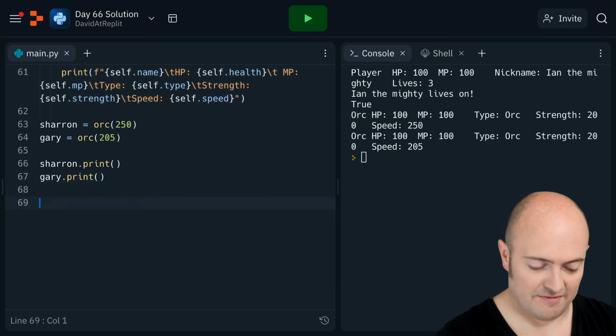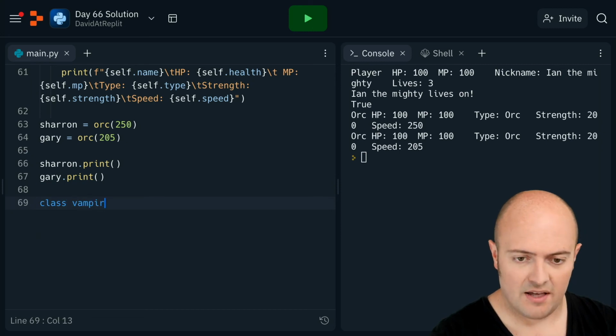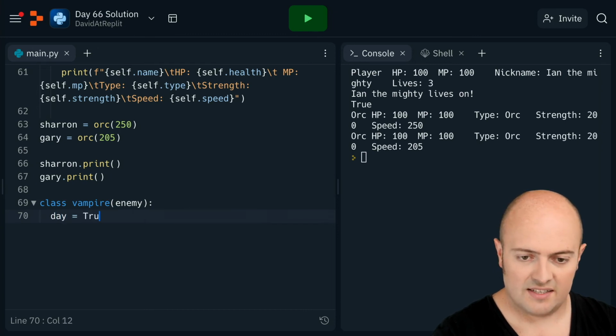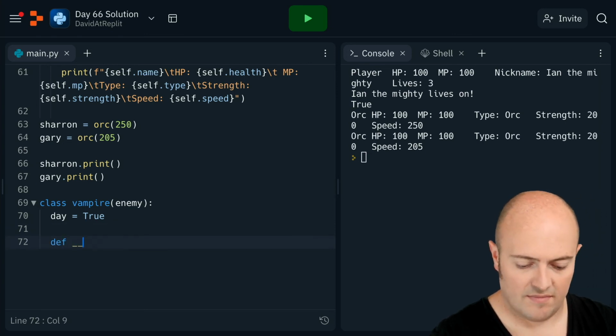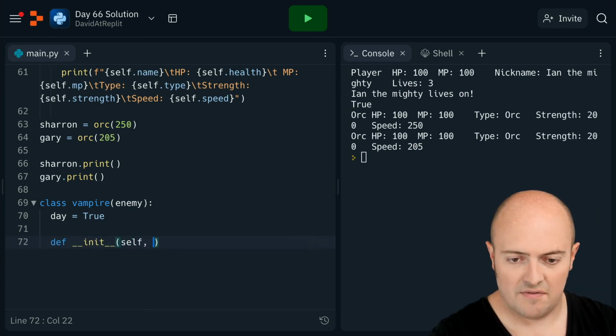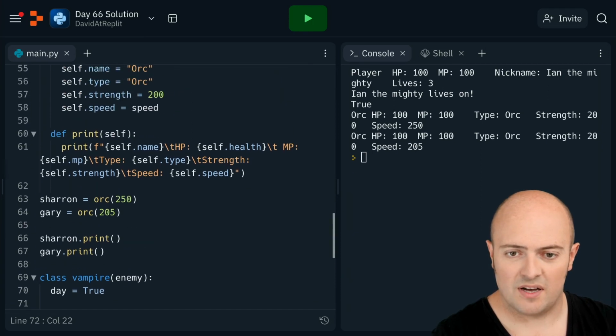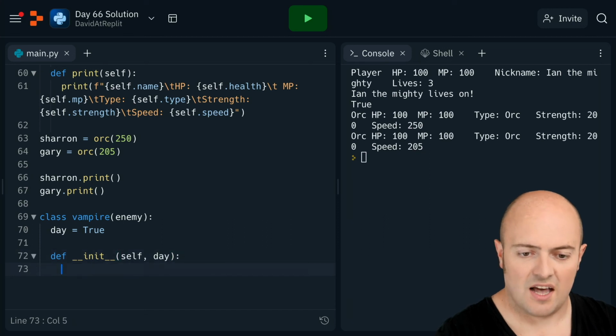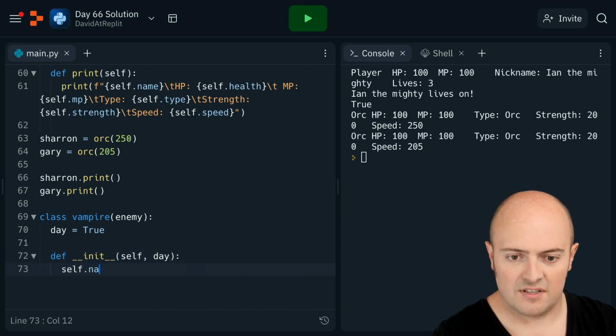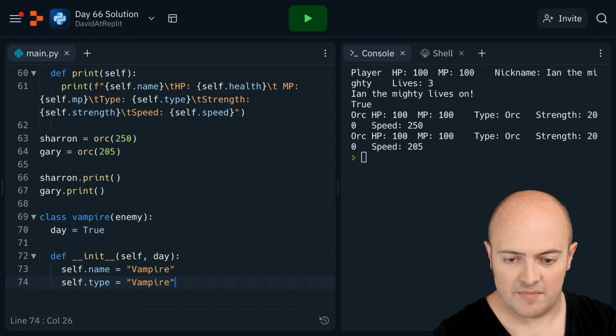So the last one now is vampire. So let's create my vampire, and that is inheriting enemy. So the only thing I need to add was day. Let's set day equals true to start with, and then set up our init. Now I'm going to get self, I'm not going to get name or type or strength, but I am going to get day, whether it's true or false, and we're going to do self.name equals vampire, self.type equals vampire,